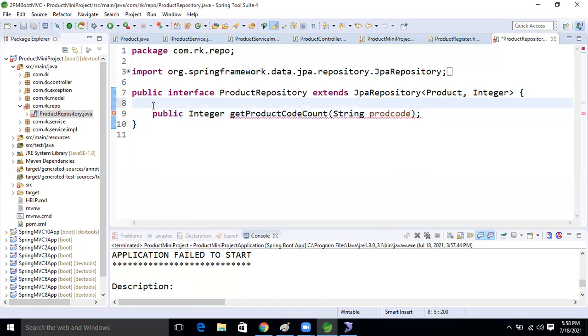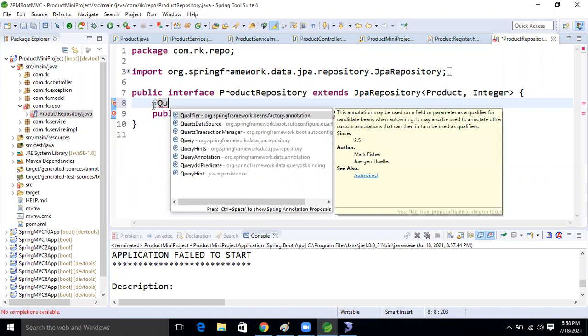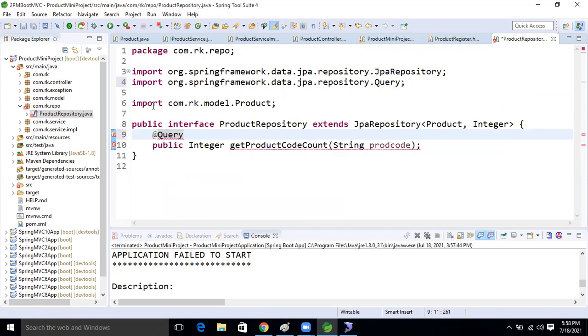So let's write the HQL query. At the rate Query. Inside that, what will we do now?